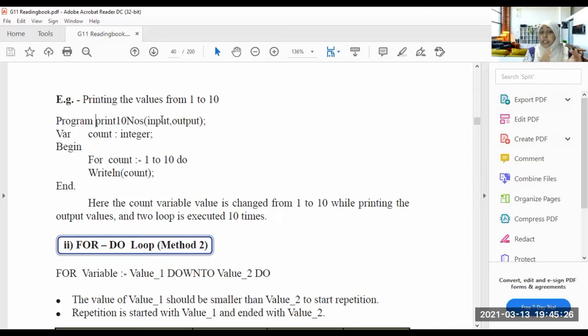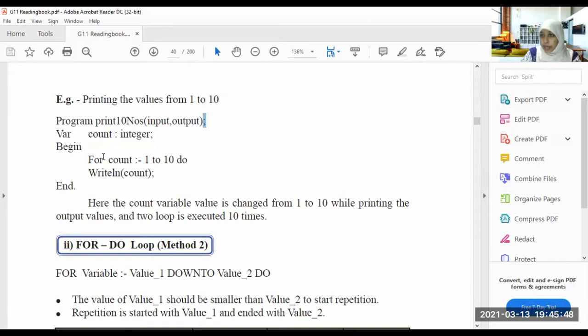Some programs show the output only, no inputs. But here we are going to input things and also get the output. Okay, finish. This is a must. It should be there, the semicolon.